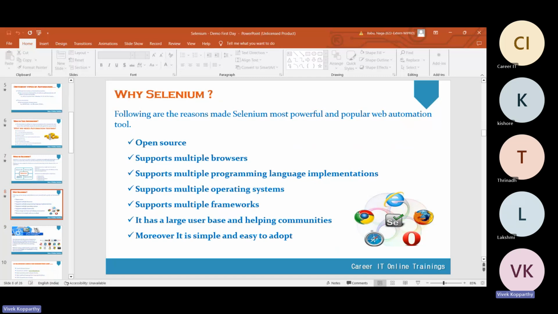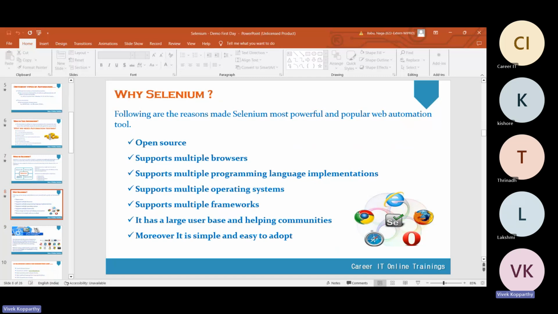Multiple open source tools have been available in the market for the last few years, but there is no tool right now that gives all the features given by Selenium. It's open source, no need to pay anything. It supports multiple browsers, whereas most of the popular tools in the market still have browser limitations.